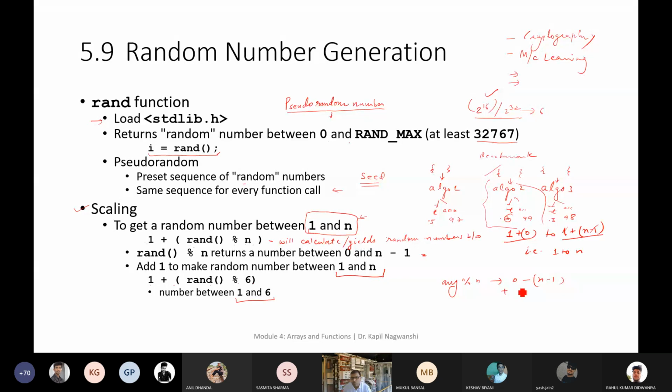Now, if we add 1 to this, it will produce a number from 1 to n. This is the concept we use to generate a random number from 1 to n only. This is also known as pseudo randomness.